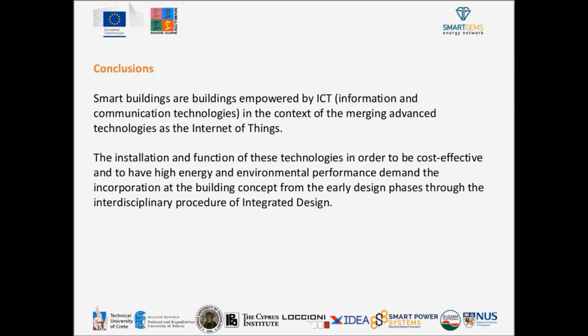I don't know if you have a question on this, or if you want to discuss something more on this. You mean that the process might differ a bit when we are talking about the renovation of buildings, but the main steps concerning integrated design are more or less the same. Despina, I don't know what you think about it. Yes,